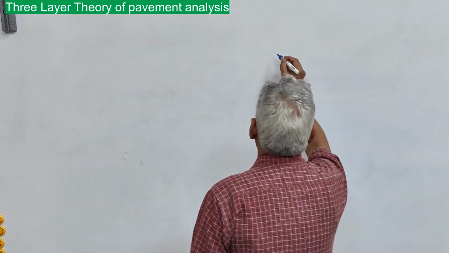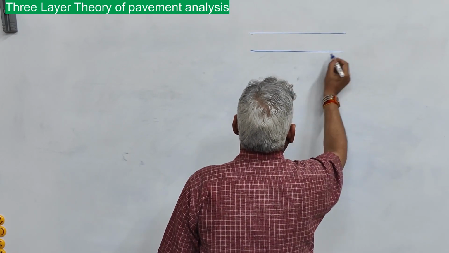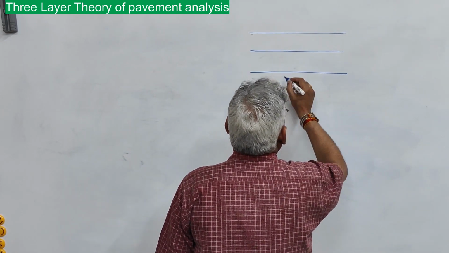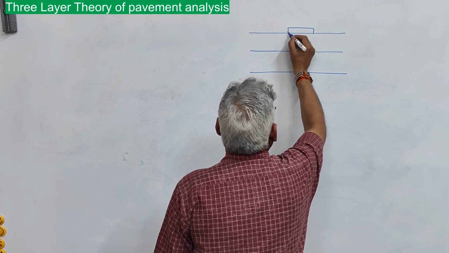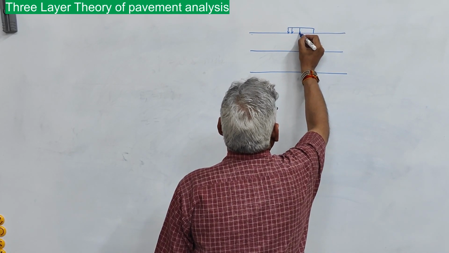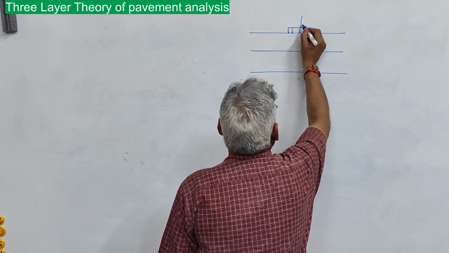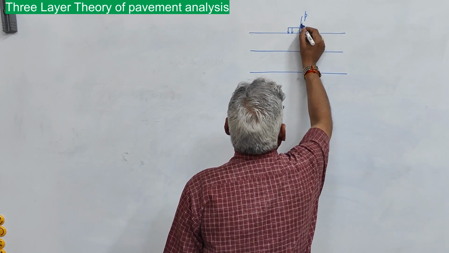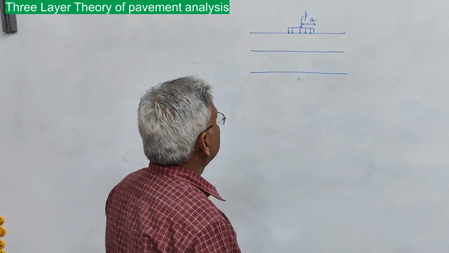So a flexible pavement is considered as made of three layers, and a load is applied at the surface